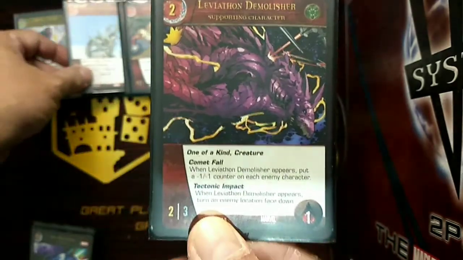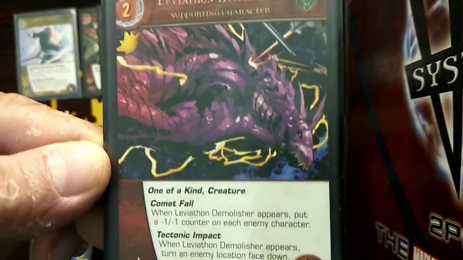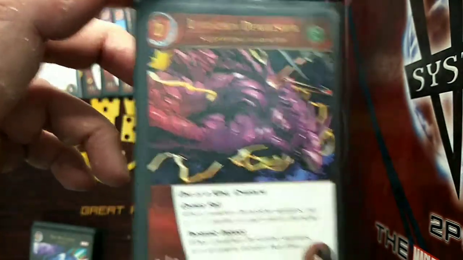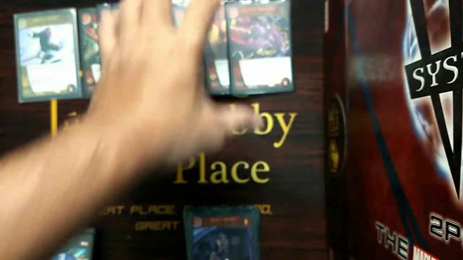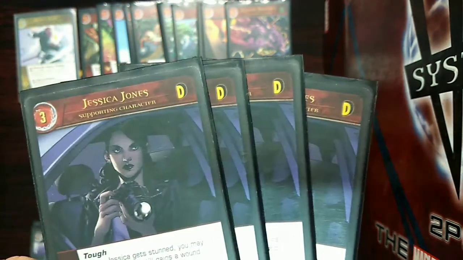And besides that, of course, with Leviathan Demolisher, you have the Tectonic Impact. So when Leviathan Demolisher appears, turn an enemy location face down. So that is also good for trying to hit those important locations from your opponent's side of the resource. Okay, and for our 3-drop, we have our first very effective flight wall, and these are 4 copies